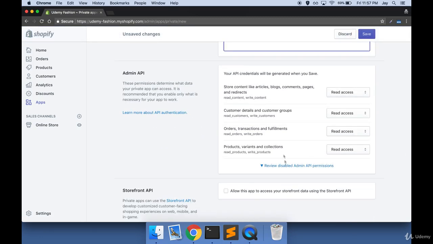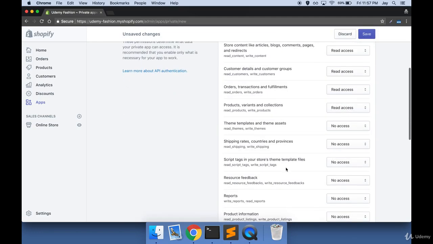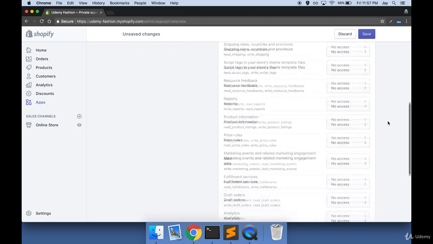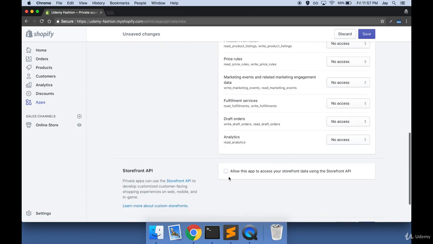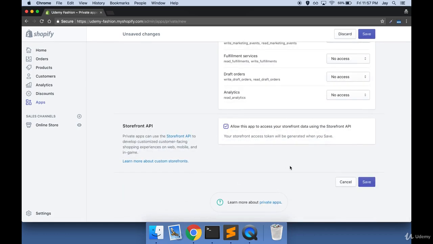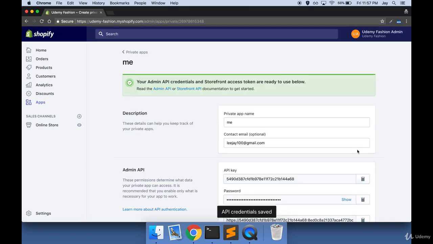And here, you'll want to make sure that theme templates and theme assets are set to read and write. And then if you keep scrolling down, we'll have a checkbox here to allow the app to get access to all of our store data. Click on Save. And now we have a new app that we can use